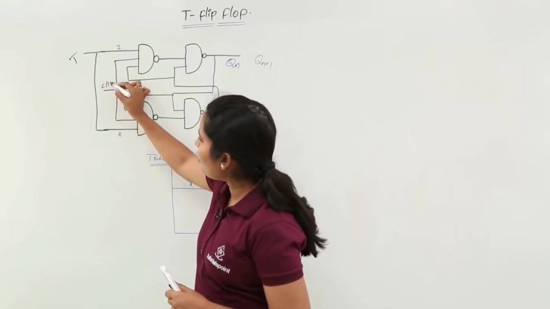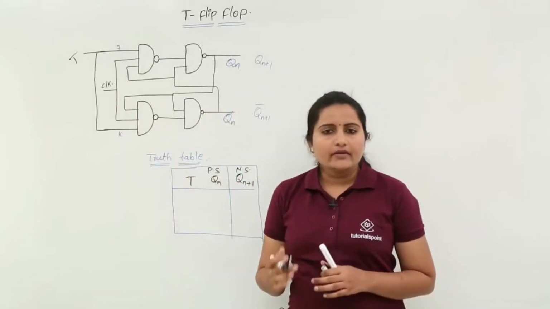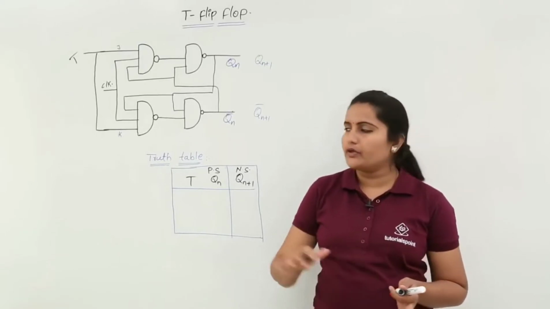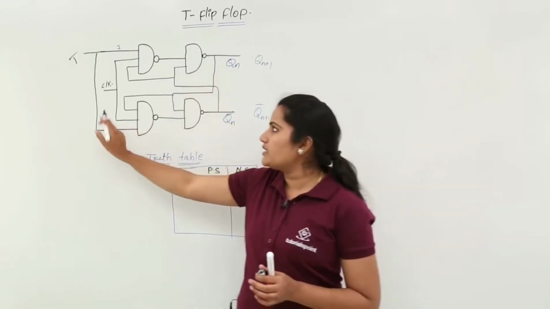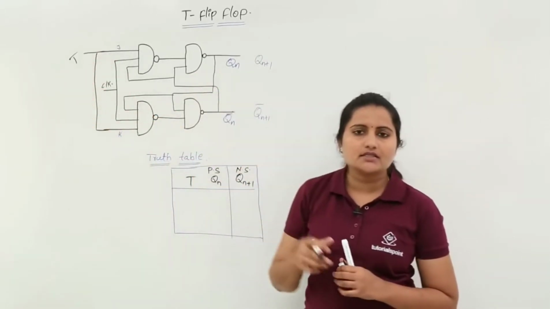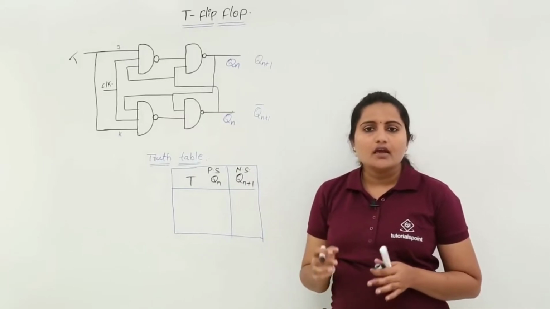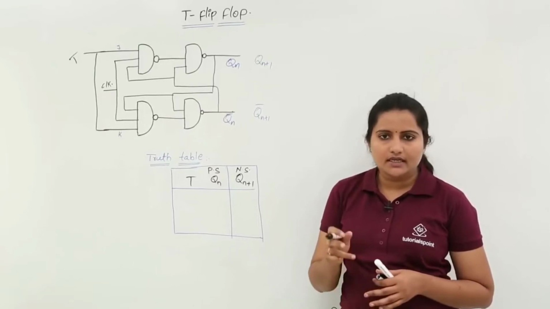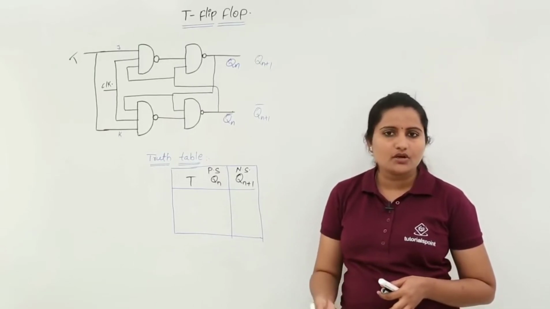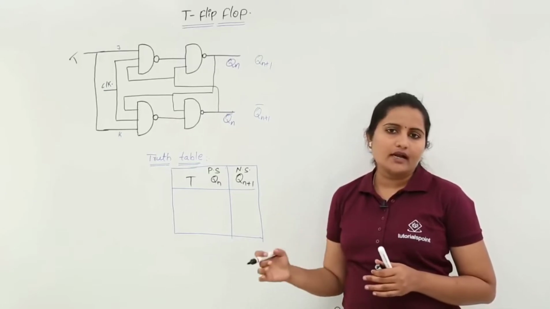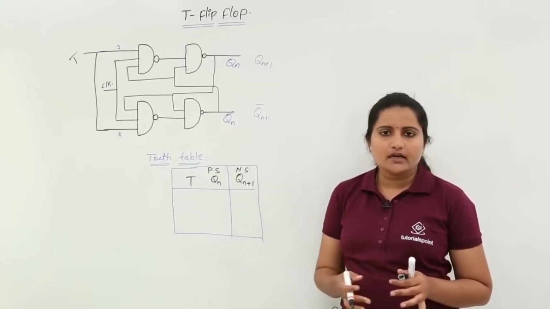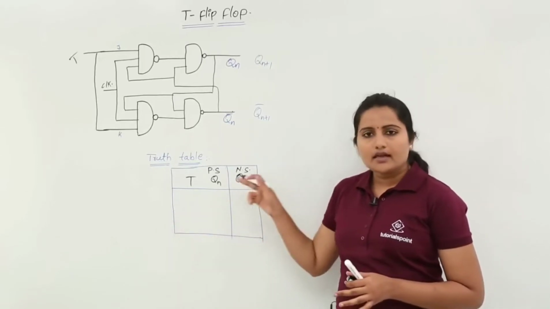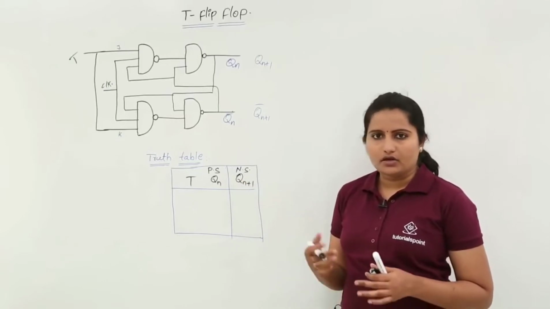Here you can observe a clock pulse. Now, why we are using this toggle flip flop: if you want only toggle state in JK flip flop, you can join J and K and use it as a toggle flip flop. It will provide only one condition, that means toggle condition, and the other condition is no change. Obviously, T has two inputs, either 0 or 1. In the 0 condition it will provide no change, and if toggle is enabled, that means T is equivalent to 1, then it is going to provide our toggle output.